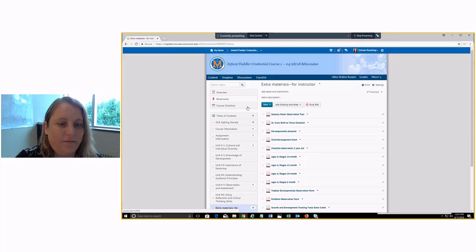If you have a paper that you need to submit, you can type it in your word processing program, whether it's Microsoft Word or another program. Then you'll click on the Dropbox button, which is the second button here. That will allow you to upload your paper or assignment to the Dropbox, and then your instructor will be able to read it as well. She can submit comments and grades. Once you have grades, you'll be able to view them here under the Grades button. No one except your instructor and you will be able to view those grades.